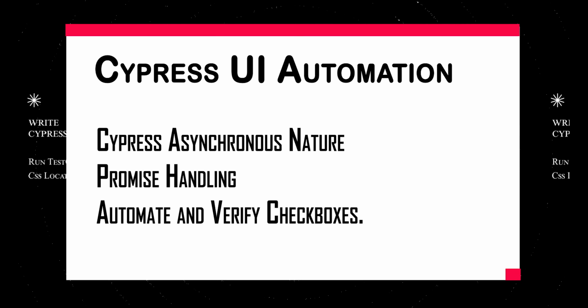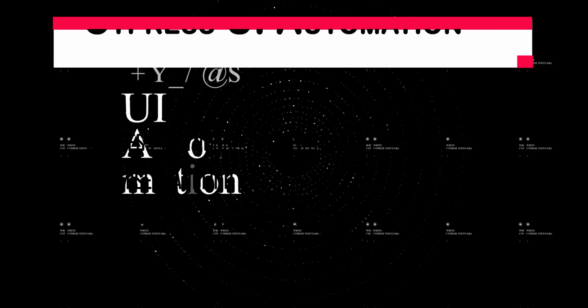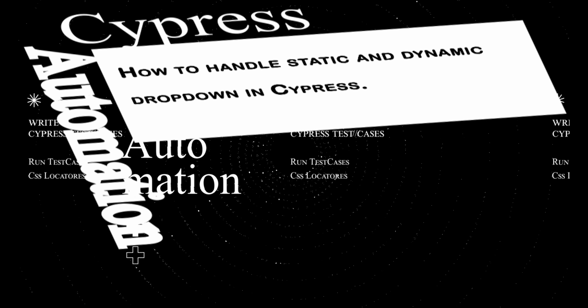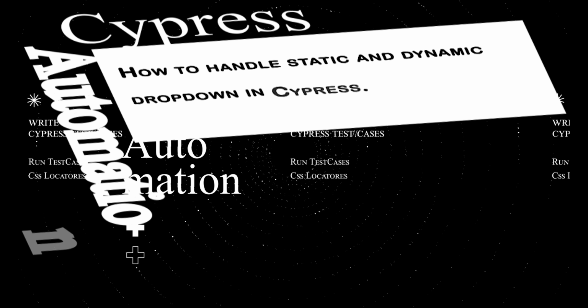In the last session we learned Cypress asynchronous nature and promise handling, and also how to automate and verify checkboxes. In today's session we continue our learning and we learn how to handle static and dynamic dropdowns